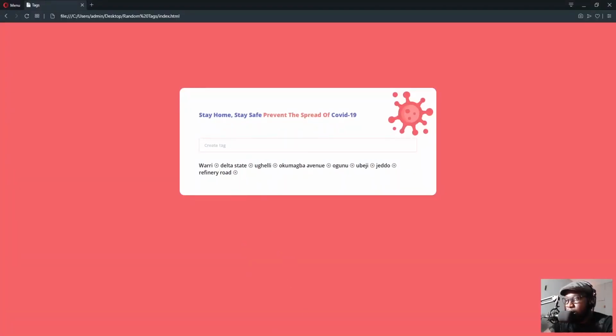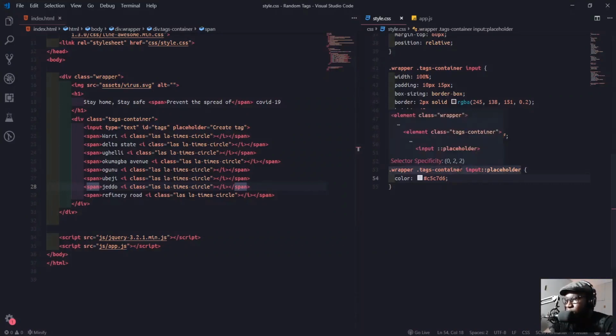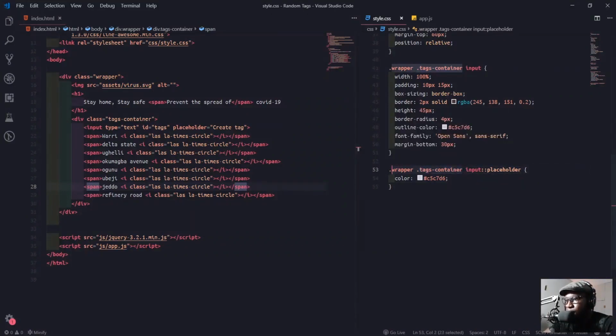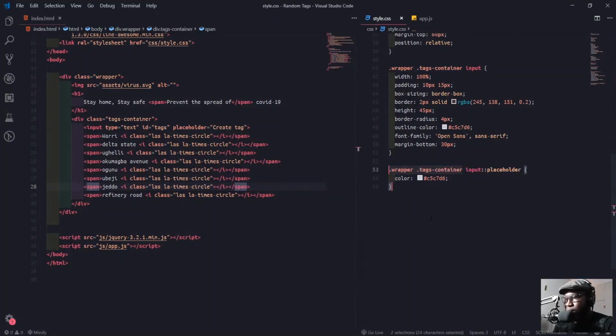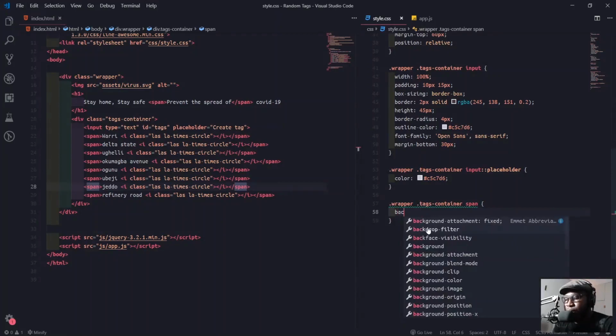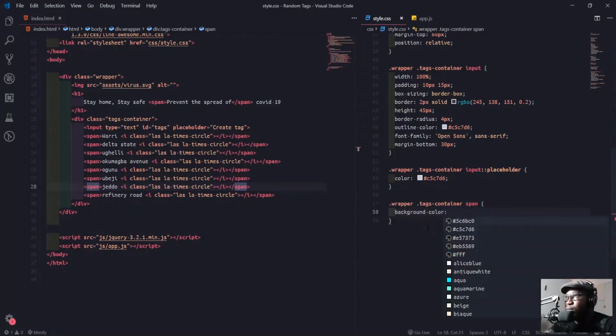Alright. So back to the span, with the tag one we'll target just now. So I'll just copy this. Span. Then what we'll do? Background color.